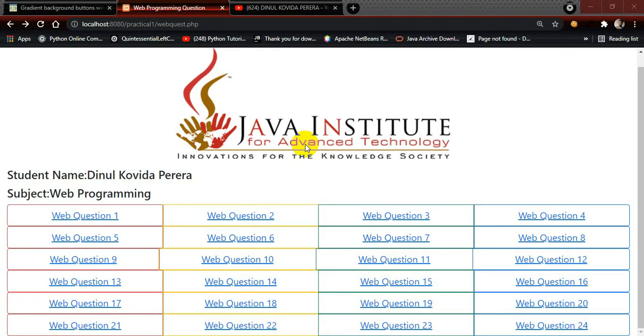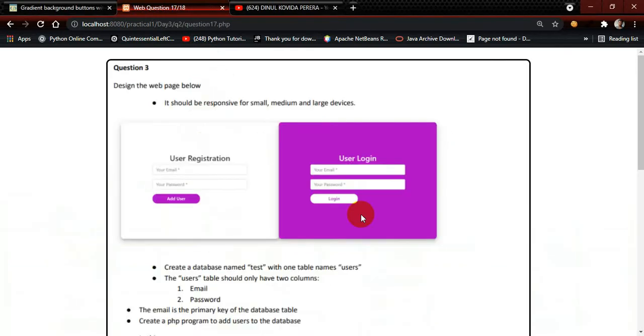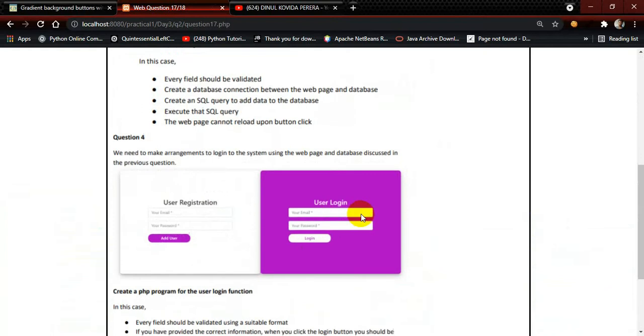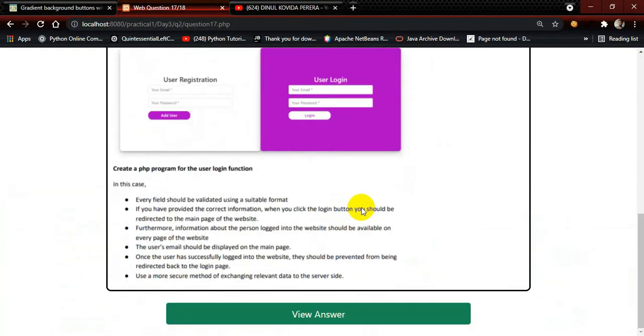So without talking that much, let's go on ahead for a video. Question number 18, let's go. Okay, question number 18, we have the same question. This is the continuation of the previous question in question number 17. In question number 17, I showed you a bootstrap design which I use for login and a registration div. So I am going to code and program it in Visual Studio Code, and I am going to share how I did it. So let's go on to the design.